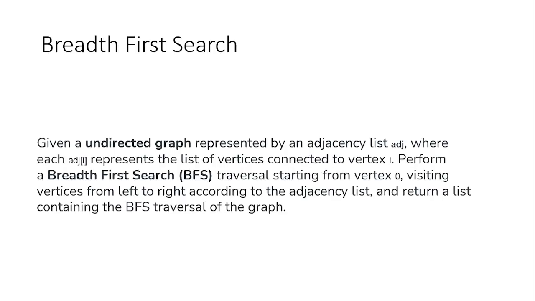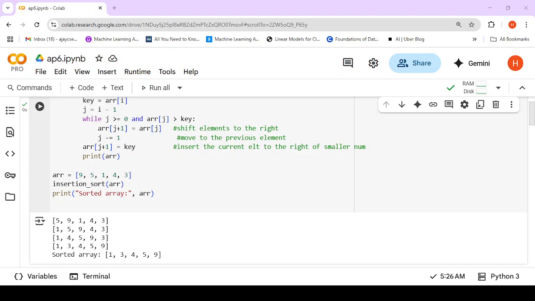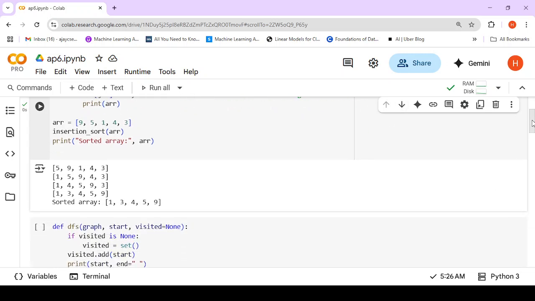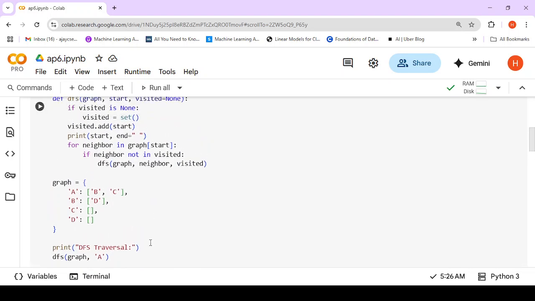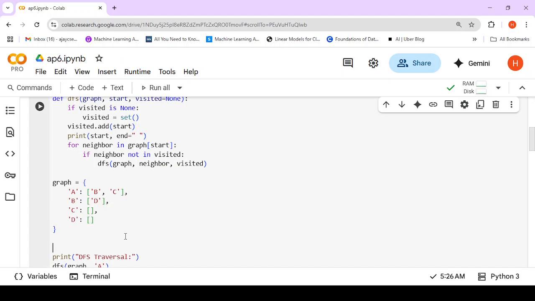Let us see the program for DFS. So here I am marking neighbors of A, neighbors of B, neighbors of C, and D do not have any neighbors. So basically my graph is going to look something like